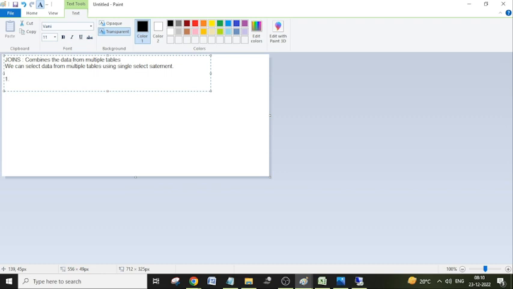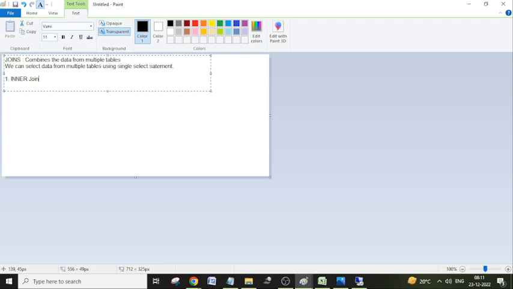What are the types of joins? Inner join, left outer join, and right outer join. And there are many other joins you can see, like full outer join. This kind of join is also there. Union is also there. Okay, in HANA, if you go to HANA DB level, but in ABAP, the most frequently used